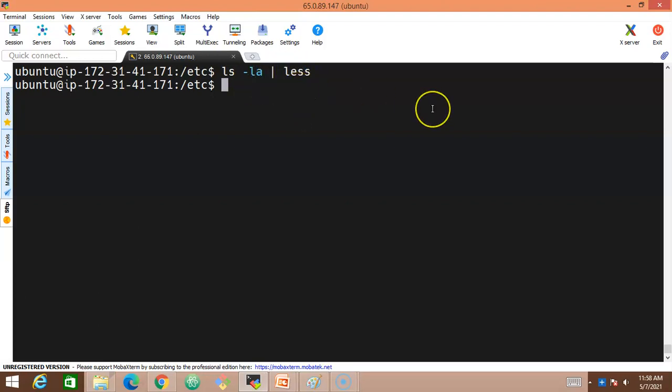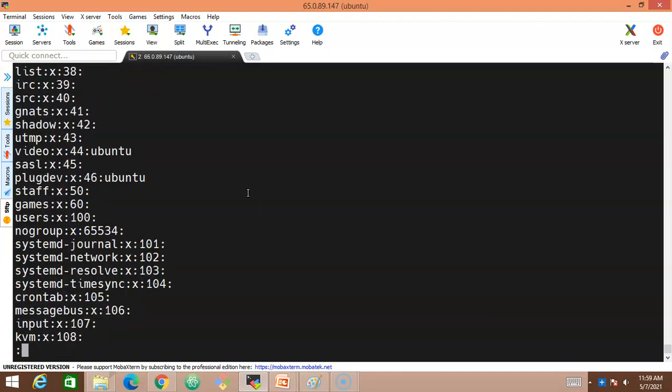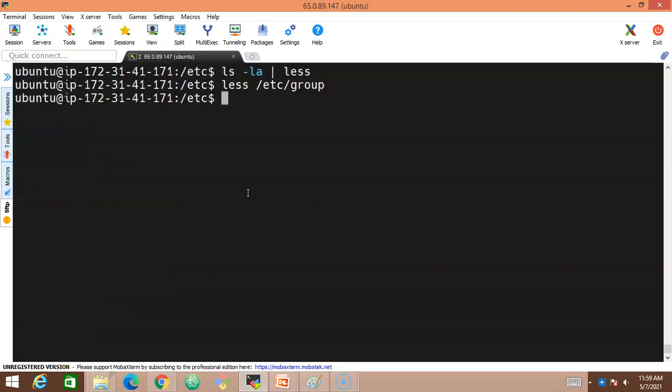You can make use of the less command for displaying file contents as well. less /etc/group. This is one of the files that we have, and I'm trying to display the contents of it. Simply press enter. See, look at this. It displays from the beginning of the file, and press enter line by line, and press spacebar page by page. And if you don't want to use it, quit with Q. The less command can be used in different ways.